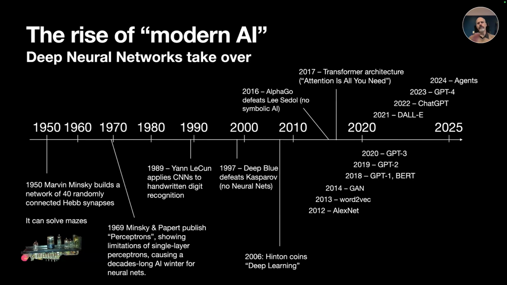And you'll notice I had to use a logarithmic scale on this timeline because to fit everything in that has happened in the last couple of years in terms of the application of deep neural networks is just crazy. You've got AlexNet, which was image recognition. You've got Word2Vec. You've got generative adversarial networks. You've got GPT-1, 2, 3, now 4. You've got DALL-E, ChatGPT. All these things happened after 2010. So we are seeing really a rapid expansion of not only the abilities, but also the applications of these machines.